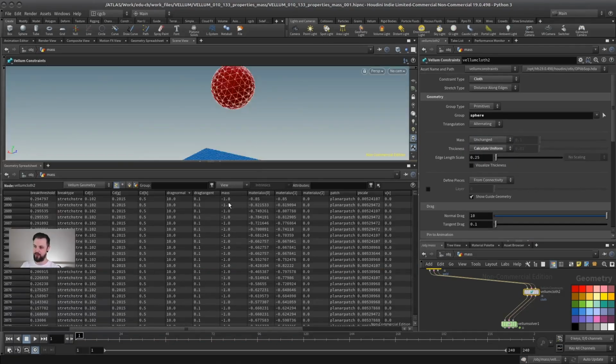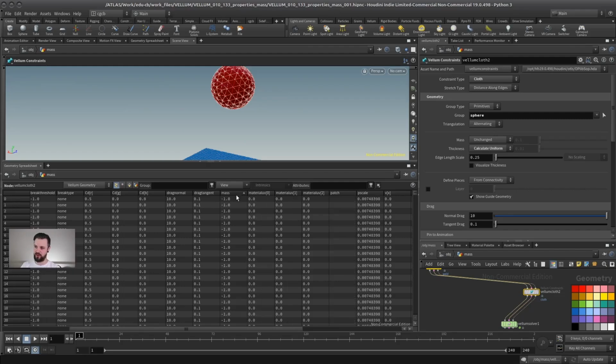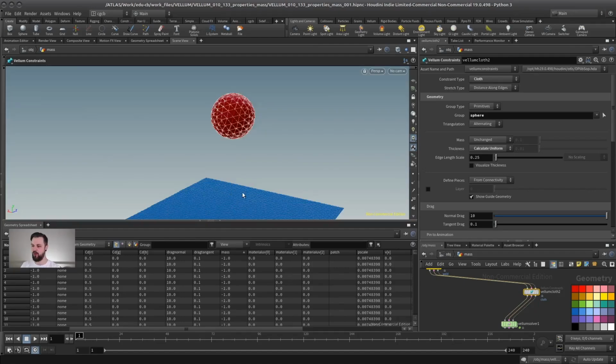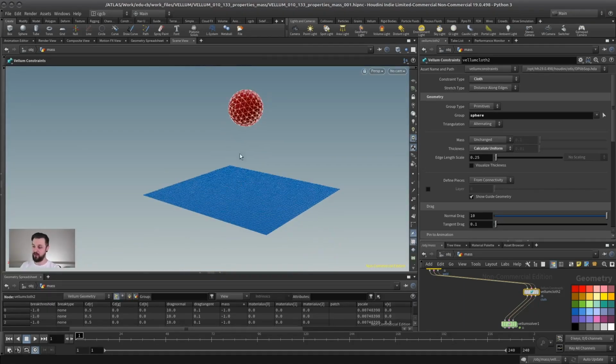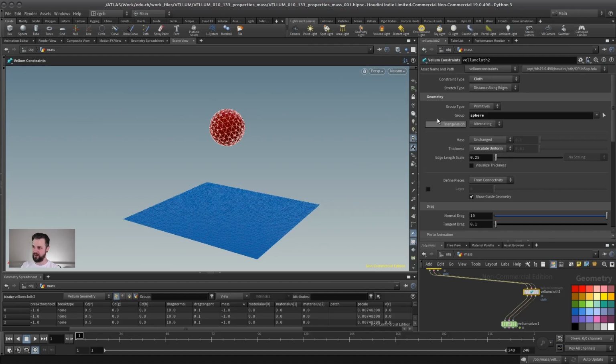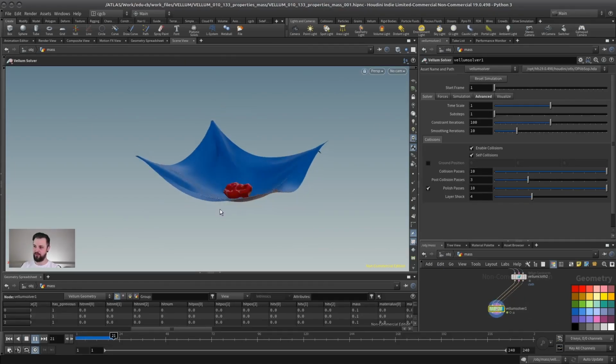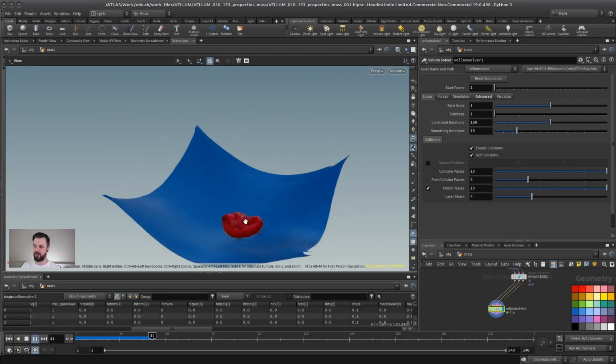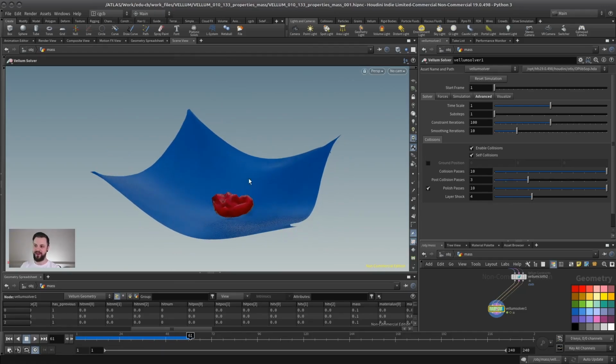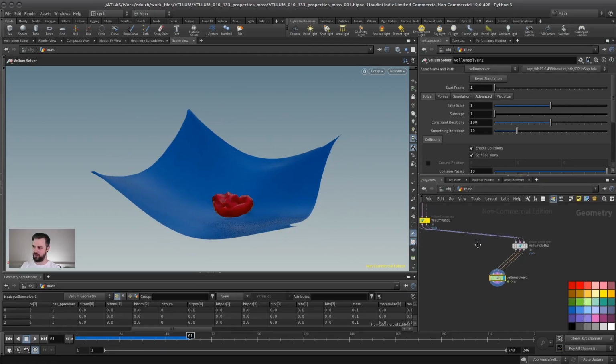We actually set the mass to -1. What the hell does -1 mean? It just means basically there is no mass, or the mass is infinitely small, or no mass at all. It's deactivated basically. And what you can see, if we turn this off by setting it to unchanged for the sphere and the cloth, and we press start when we look through the Vellum solver, you can see it's basically like before. Well, a little bit has changed, fair enough, but fundamentally not much has changed, at least not